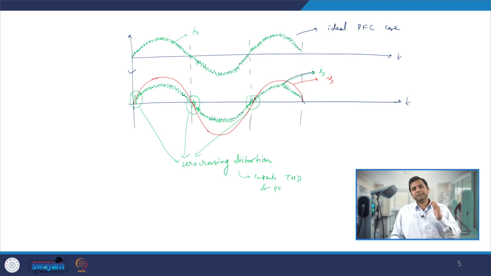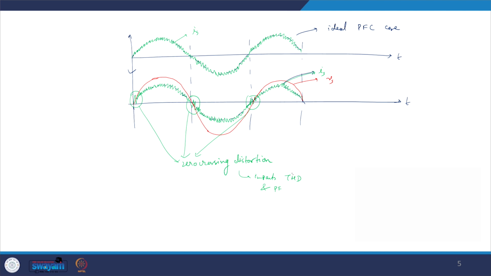However, it has a disadvantage, which is having a zero crossing distortion in the current whenever the current is crossing 0 from negative to positive or positive to negative. Also, sometimes we require two kinds of switches, one for the fast switching leg and one for the slow switching leg. These particular things have to be managed by the designer as well as the manufacturer when they are using this converter as the AC to DC converter of their EV charging system.